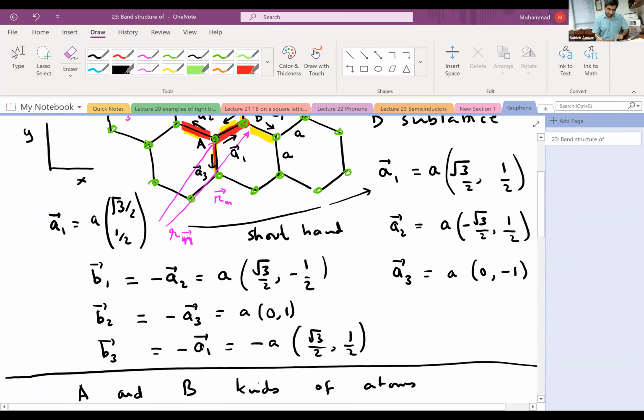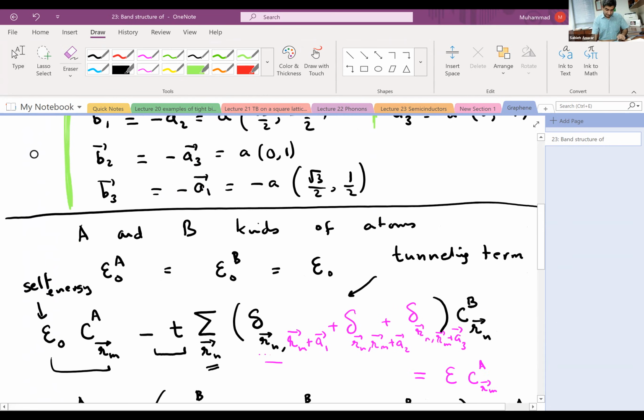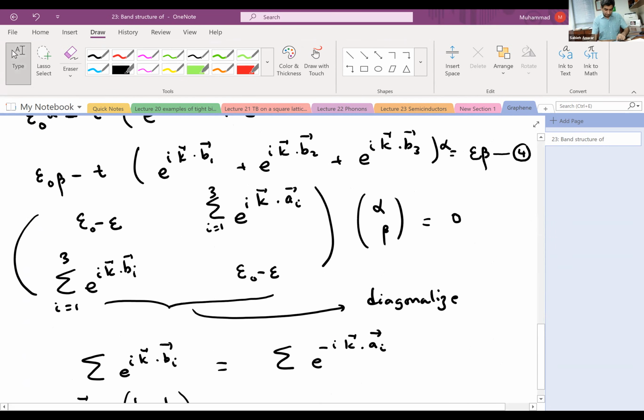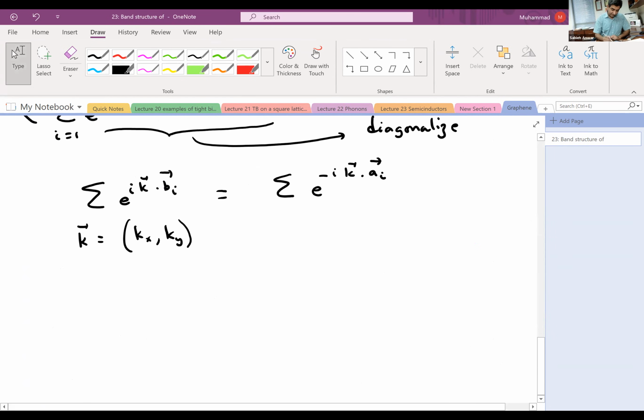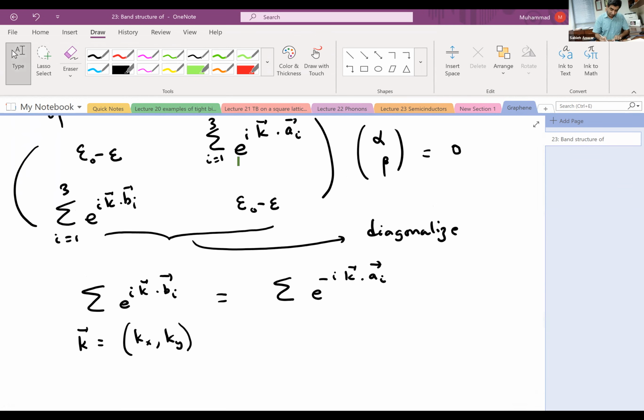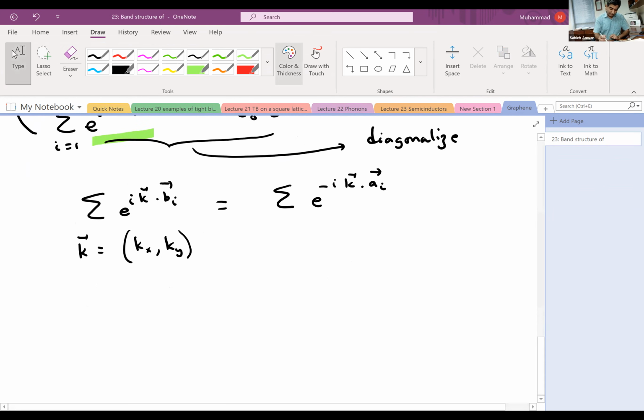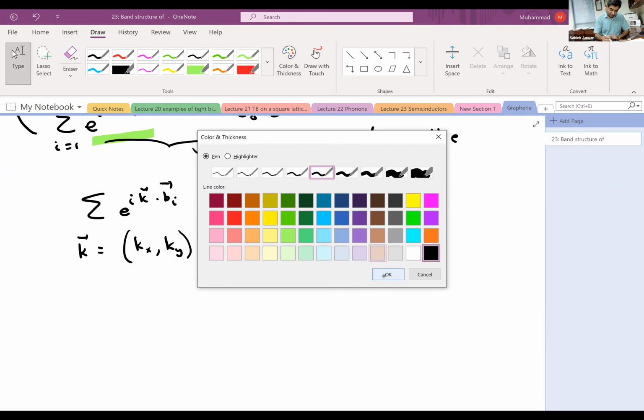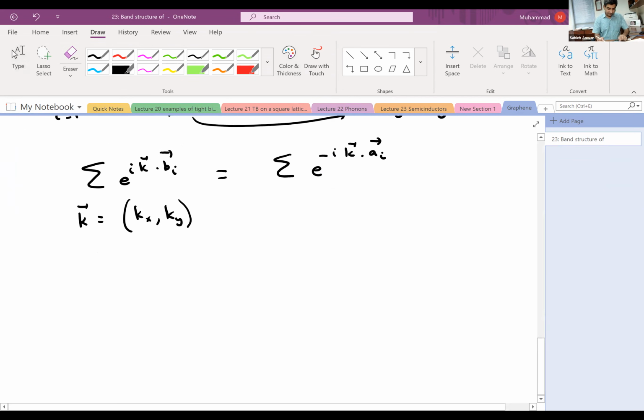Here they are, all the a's, all the b's. And I can always find out the dot products between the k's and the a's. So all of these terms can be explicitly written down. And eventually, if I were to diagonalize the Hamiltonian,